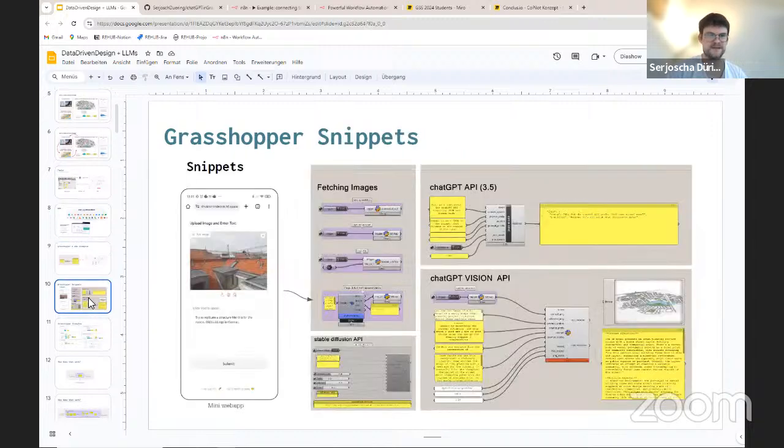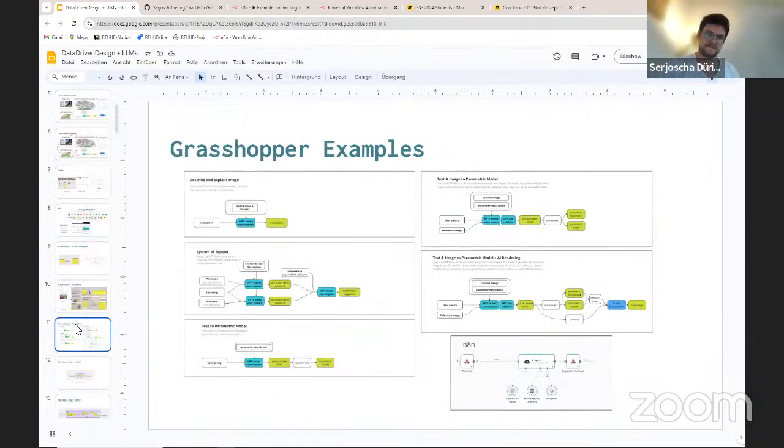Much nicer. Now on the Grasshopper side, I also have some snippets that go into the examples I just showed above. For instance, fetching some images from the viewport or screen grab, but also essentially Python scripts that call into the endpoints provided by OpenAI, and also one to utilize the images there. What you need for that is your own OpenAI API key. Yeah, I have prepared these examples here.